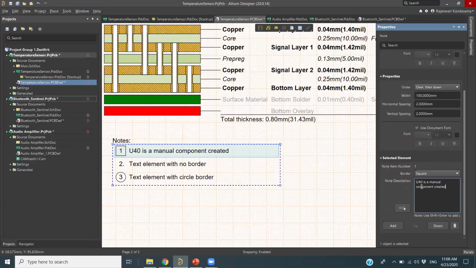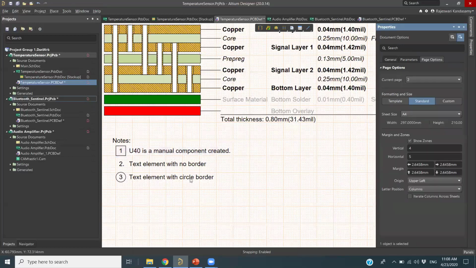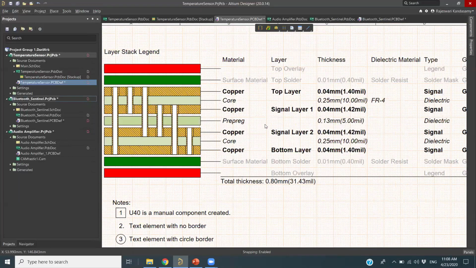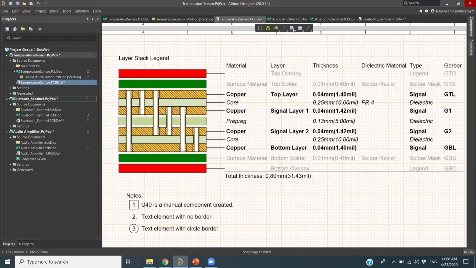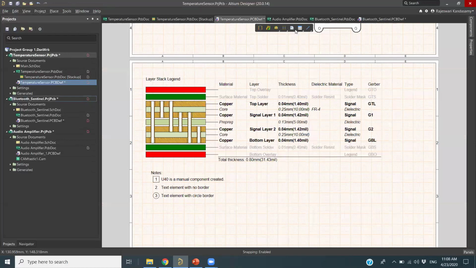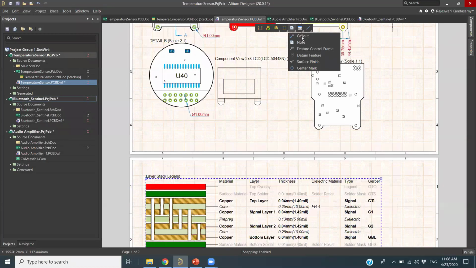Okay, so for example, I have created this note here. Then I want to place the note in my component. So to place the note for the component here, I just right click here, you can go for call out, click on the component. Okay, so now you will see that there is a line coming from the component for the call out with a circle 8. This 8 represents the bill of material item position number. Okay, so once you place, right click, come out of it.